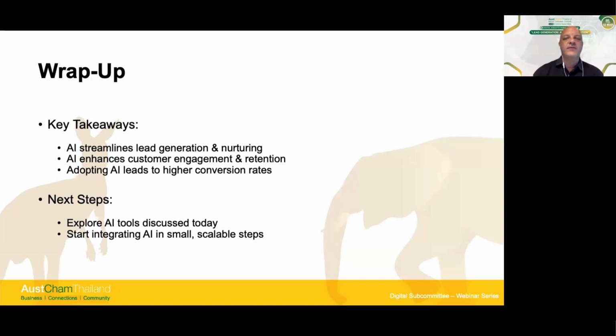So for you, that could be maybe you start with the AI chatbot. It could be that you sign up for a marketing CRM and you start using the AI automation to help you with email sequences. It could be something as simple as you train and teach your team on how to use ChatGPT to make their emails more professional. Lots of different options, but start in small steps, bit by bit.